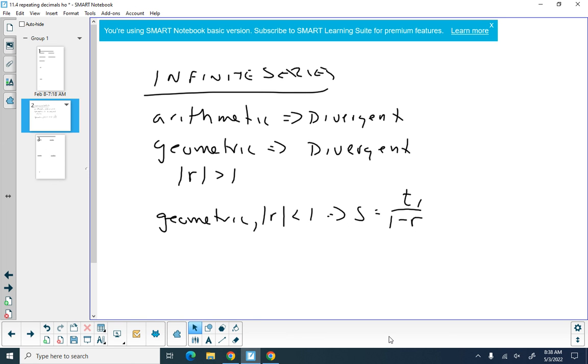When you're adding the sum of all your terms of an infinite series, you have an infinite number of terms. And as you're talking about an infinite number of terms, you automatically think, well, if I add the next one, it's just going to continue to get bigger and bigger and bigger. And that's the idea of the word divergent. When you're talking about divergence,